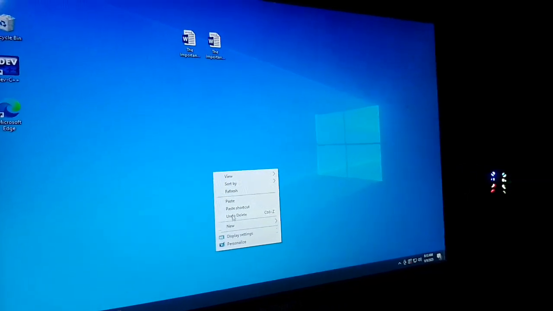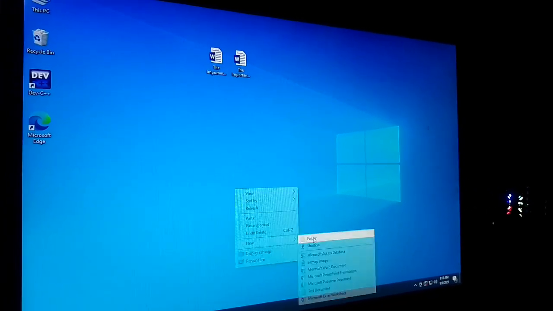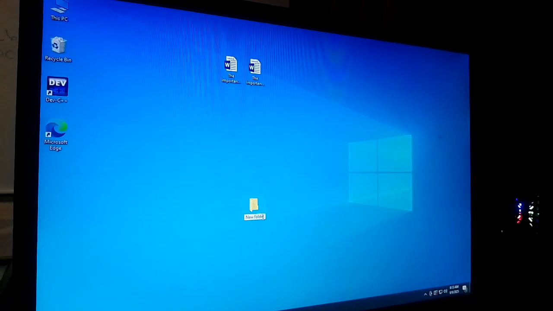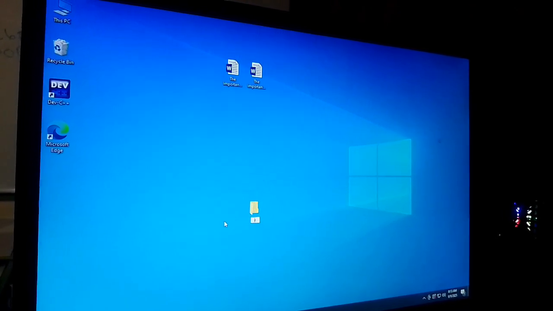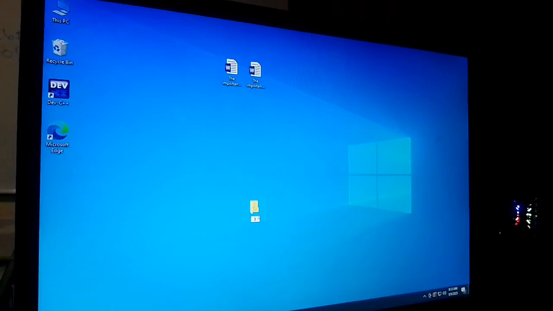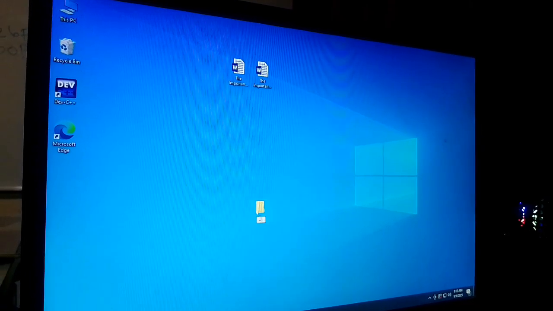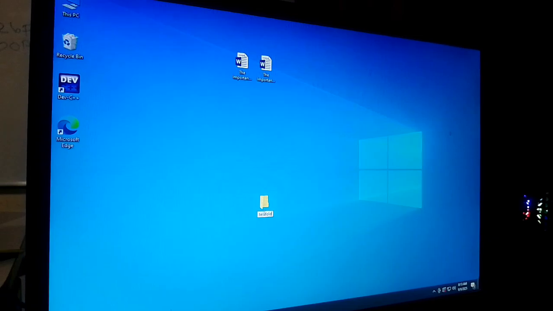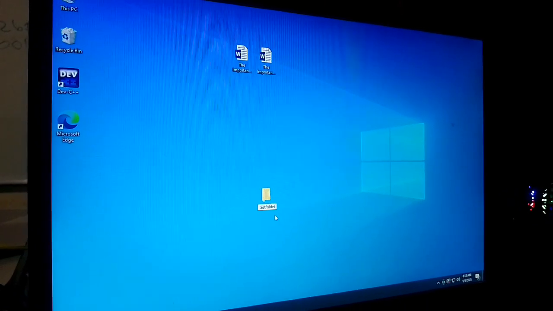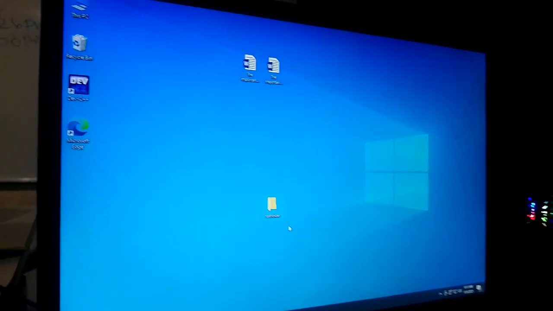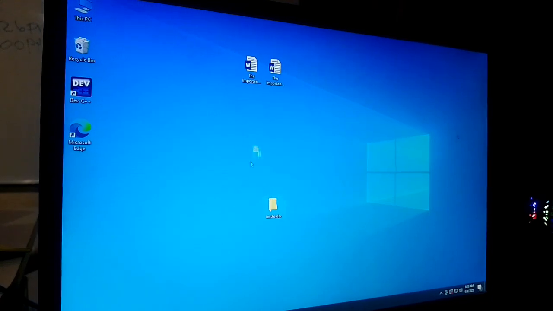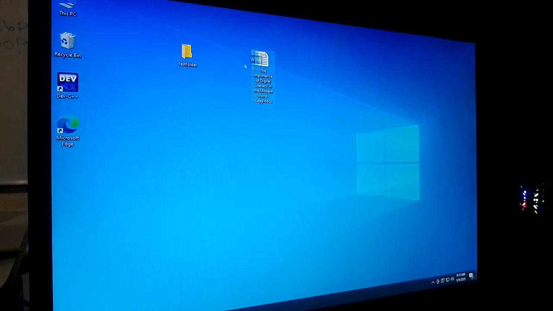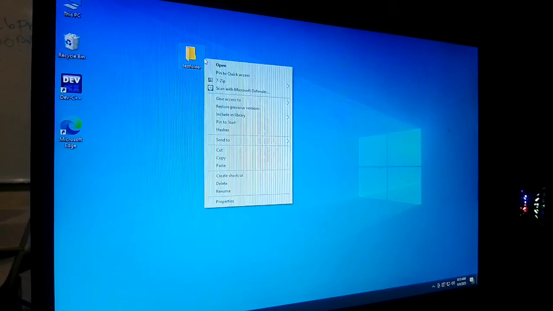Then create a folder, then rename it. The name of our folder is test folder. Then we're going to add two words in that folder.